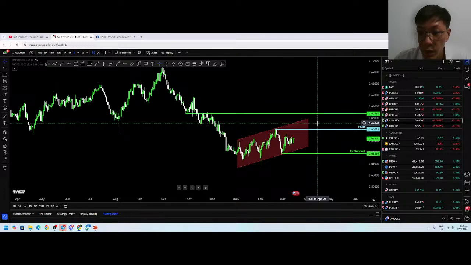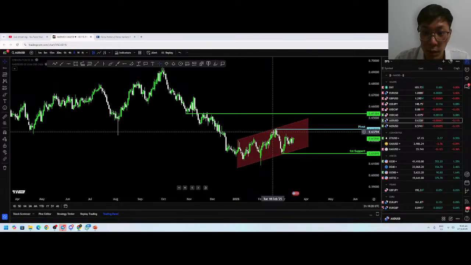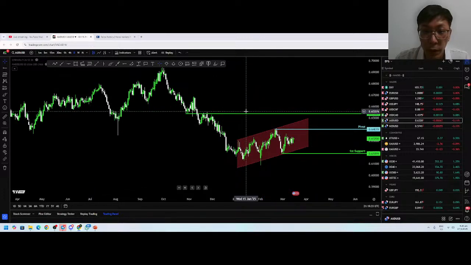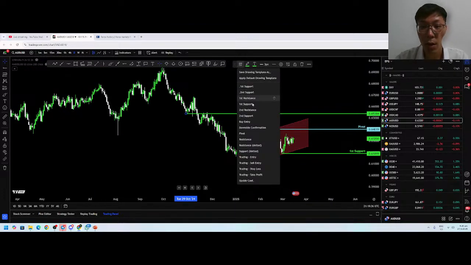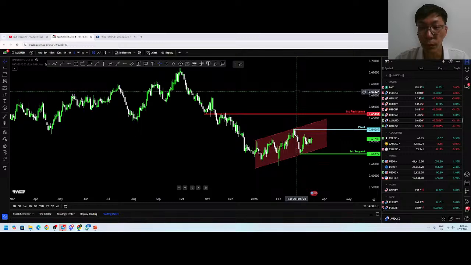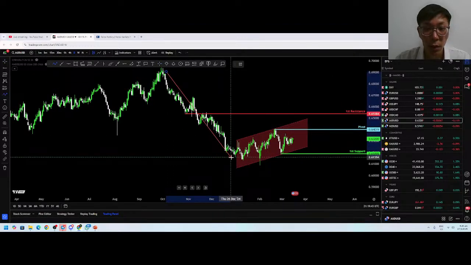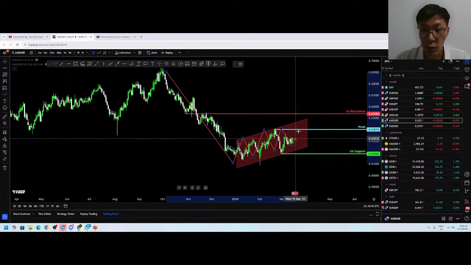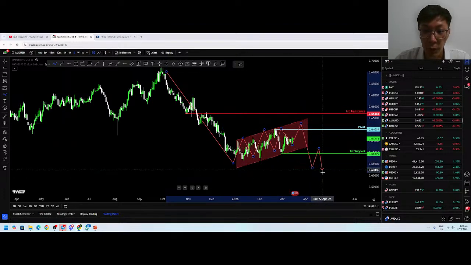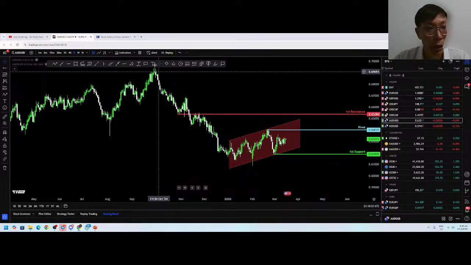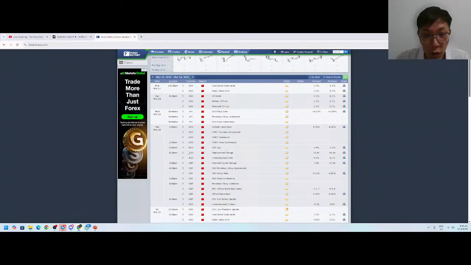scenario whereby price will actually respect this swing high area, and we will drop off from there. Okay, so we will place this as our first resistance. Okay, ideally we still would like to see price consolidating and going down from here. Okay, this is what we want to see. All right, and hopefully which day, yeah, I think for this day itself, Thursday, then we might see movement for